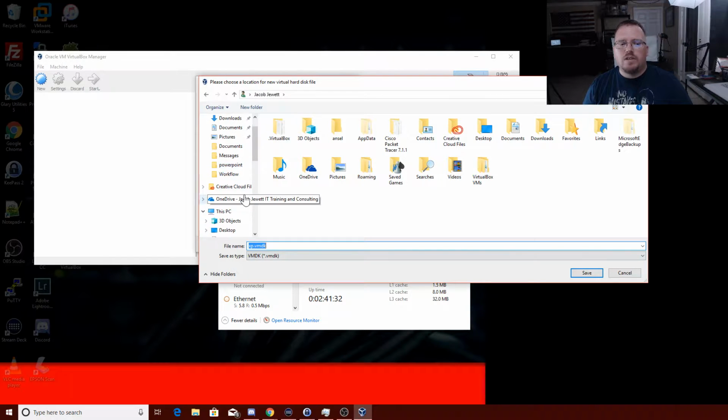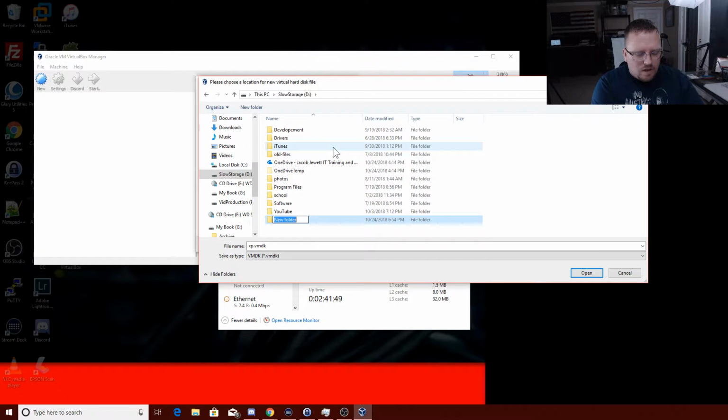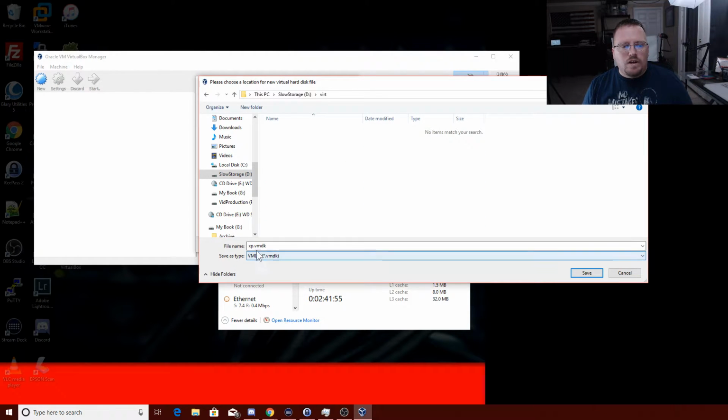I don't like it doing that, so I'll tell it to go to my slow storage, which is my physical media, and usually I'll throw it under something like training or development. I didn't create one here for it, but let's say we'll do that. So I'll throw it under there, and you see that VMDK, and you'll see when I create that VMDK,